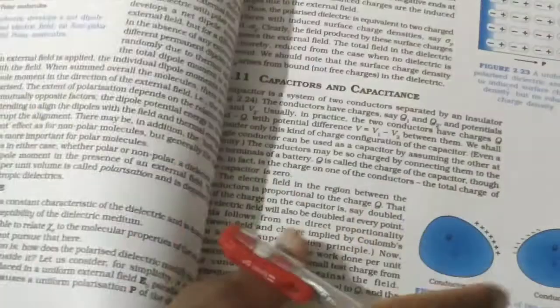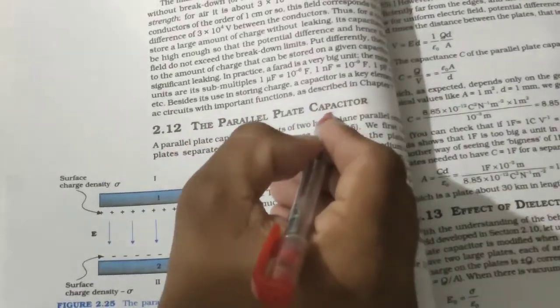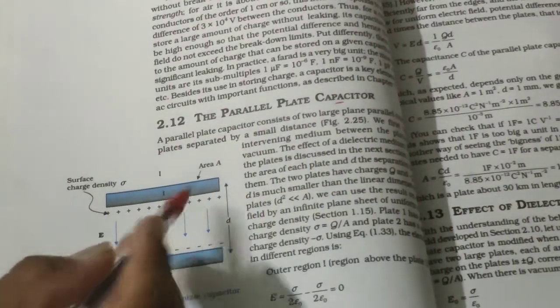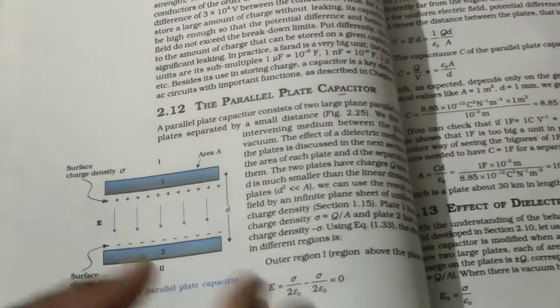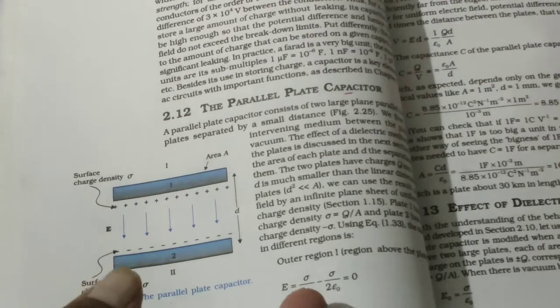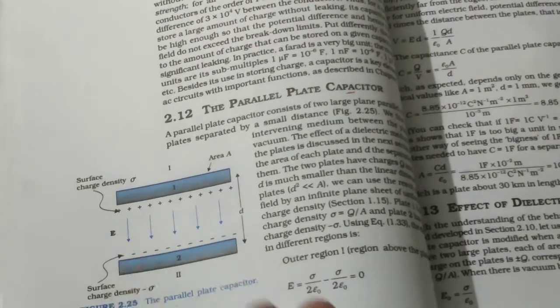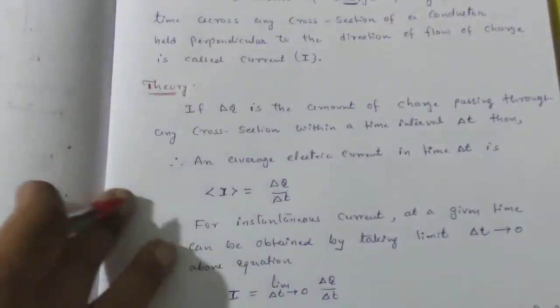And when such charge is in a rest position, one type of system is developed, and that system is known as a capacitor. Here also the charge is at rest. It means there is no displacement of charge in chapter number 1 and chapter number 2. Since it is in a rest position, whatever effects were produced, we studied in chapter number 1 and chapter number 2. Now, moving towards the dynamic position.